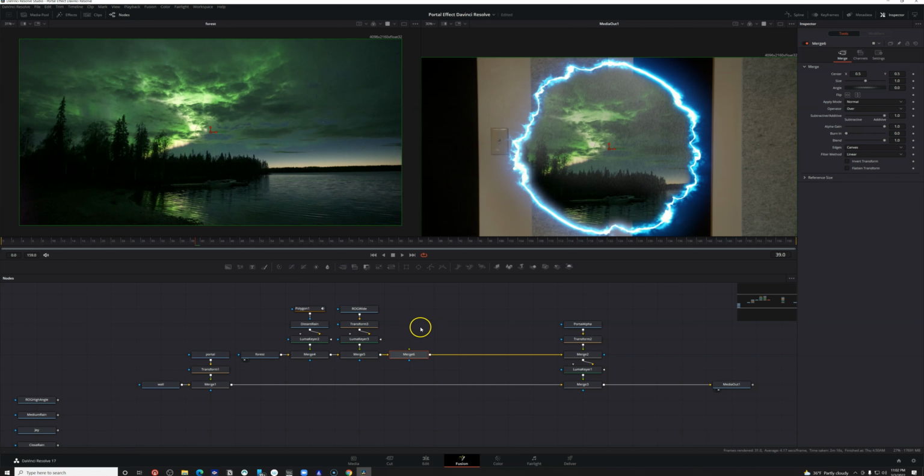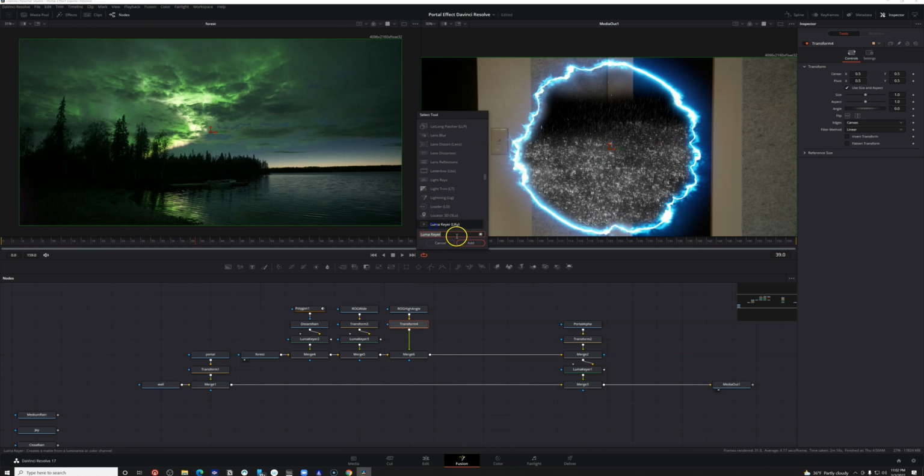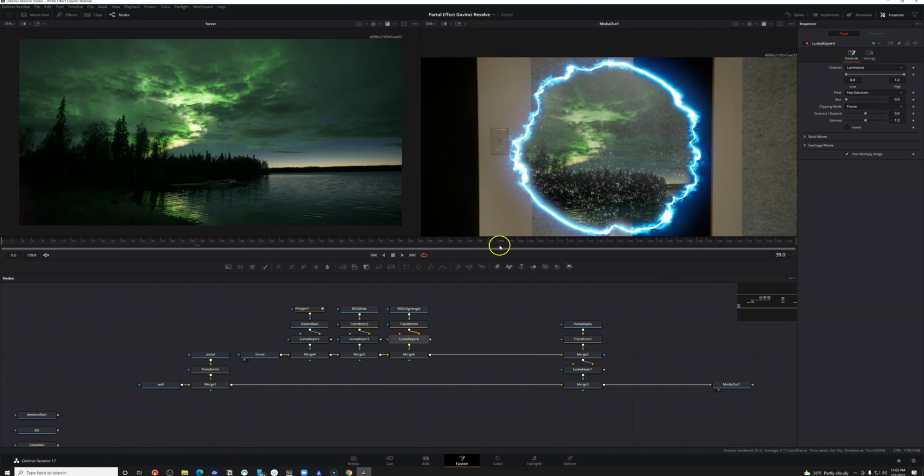And what's going to go in the foreground of this layer? Well, it's going to be our next rain element, our rain on ground high angle. And this is the rain that is going to be placed, is what you're going to see all around here on the ground and on the water. That's going to be that. So we're going to need to add yet another transform node and another Luma keyer, Shift Space, Luma keyer, add, and we want to control exactly where this is going to be